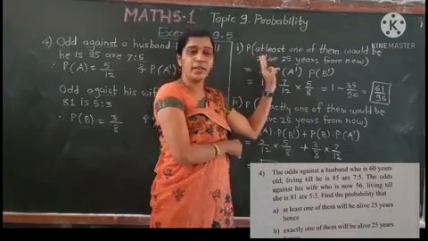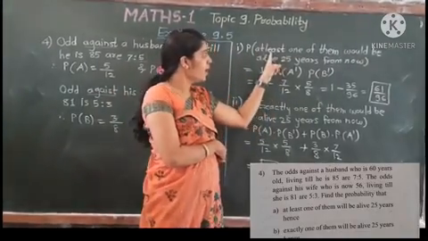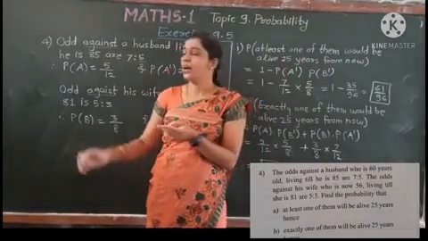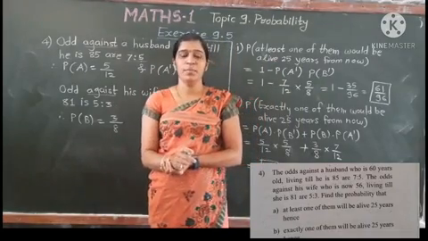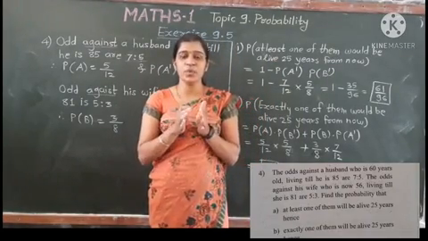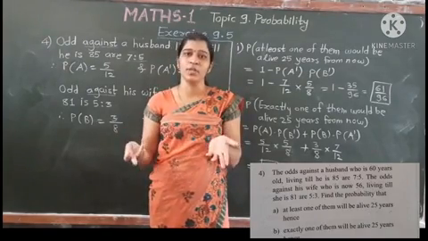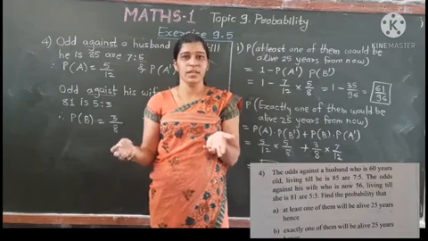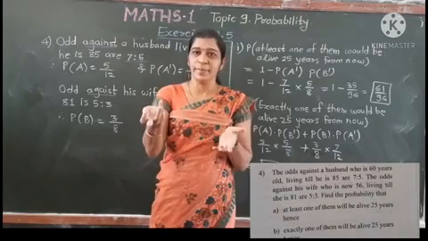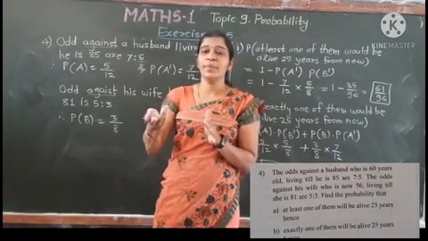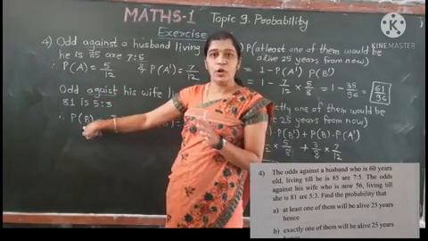First thing, find the probability that at least one of them will be alive. At least one of them म्हणजे दोघांपैकी एक. One, either husband or wife will be alive. Means here at least one means husband will be alive or wife will be alive or both of them will be alive. Okay, दोघं पण राहू शकतात. म्हणजे इथं काय येणार आहे बघा? दोघांचा कॉम्प्लिमेंट. दोघं पण राहू शकतात. त्याचं कॉम्प्लिमेंट म्हणजे काय येणार आहे? दोघं म्हणजे काय येणार आहे? p of a into p of b येणार आहे.